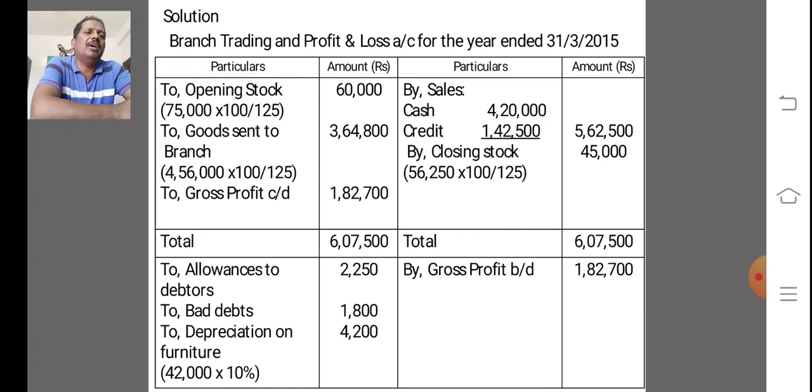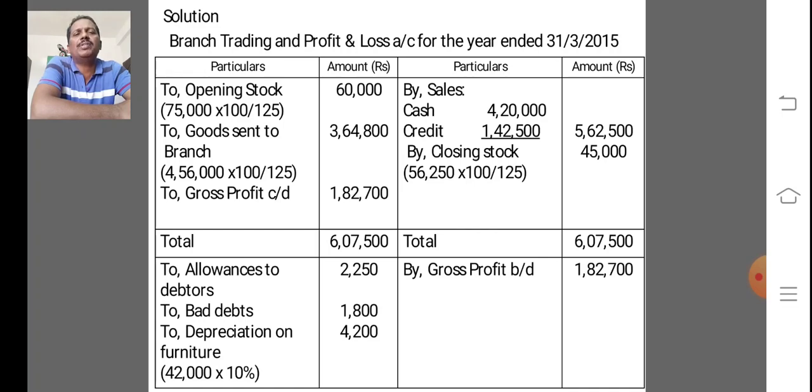The difference on debit side, 1,82,700, is the gross profit. That gross profit is to be brought down to the credit side of the P&L account. By gross profit brought down 1,82,700. Come to the debit side, debit the allowances to debtors 2,250, debit the bad debts 1,800,